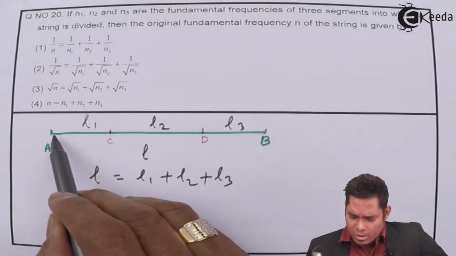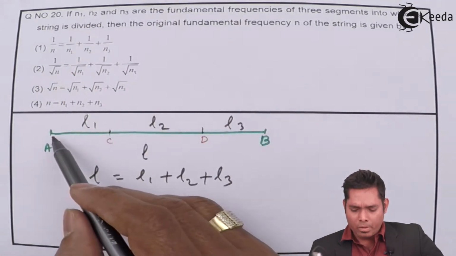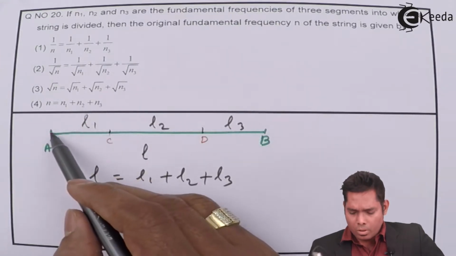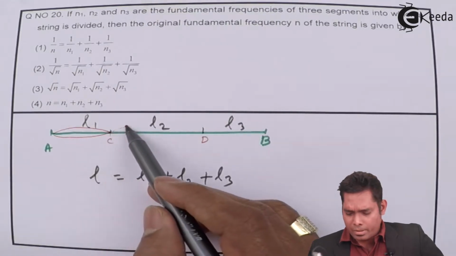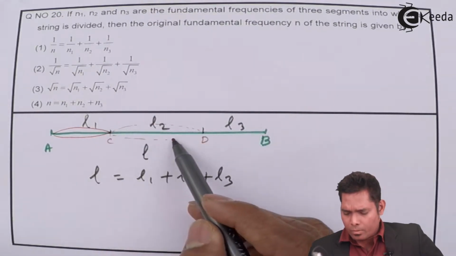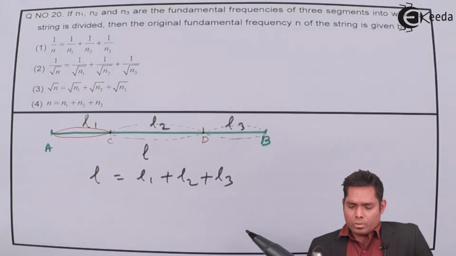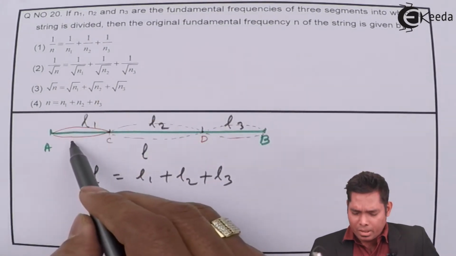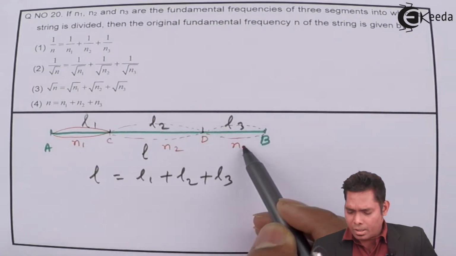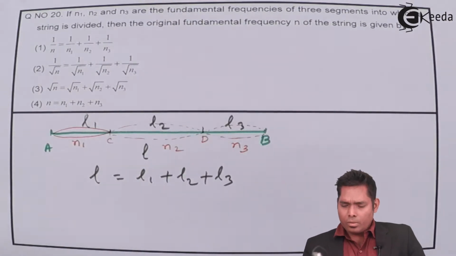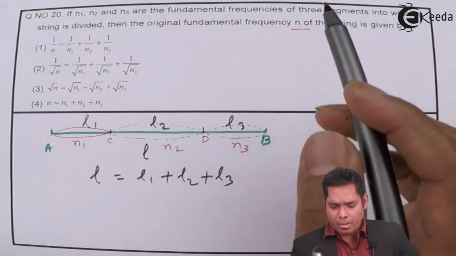Now, this length vibrates with fundamental frequency, and obviously the fundamental frequency will be when it vibrates in one loop. So, when it vibrates in this way, similarly, this will vibrate in this way, this will vibrate in this way. They vibrate with their fundamental frequency: its frequency is N1, its frequency is N2, and this segment has frequency N3. Then the original fundamental frequency N of the string is given by, that means